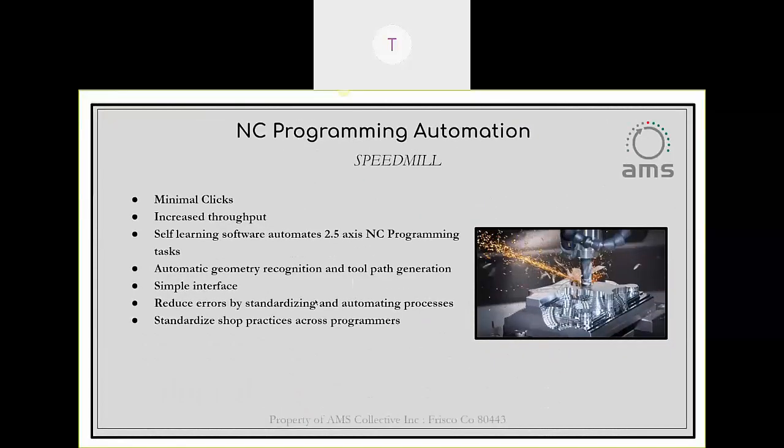So how do we automate some of these solutions? One of them is using feature-based geometry inside of NX, which can be very complicated and heavy. Another one is using the Janus Speed Mill product. As we're going to show you in the upcoming demonstration, Speed Mill is a very easy to use automation solution for programming. Minimal clicks, and of course, increased throughput in our programming, which is going to increase our throughput on the shop floor. So let's make every part more